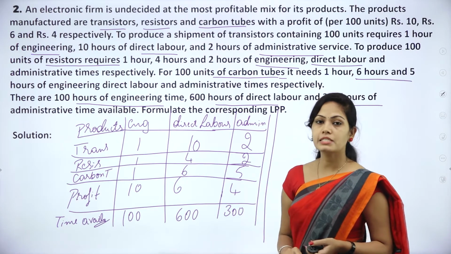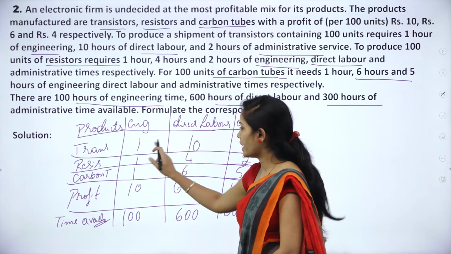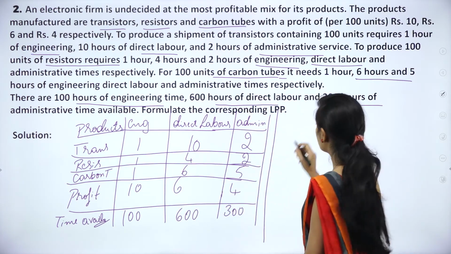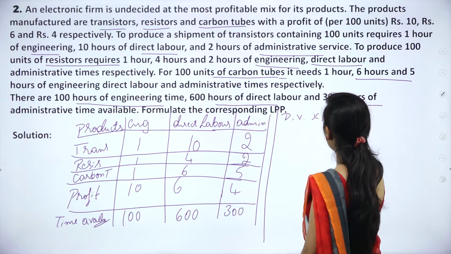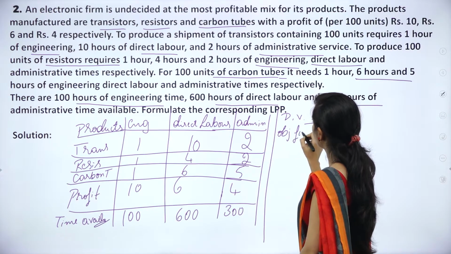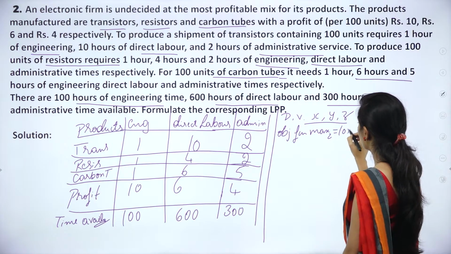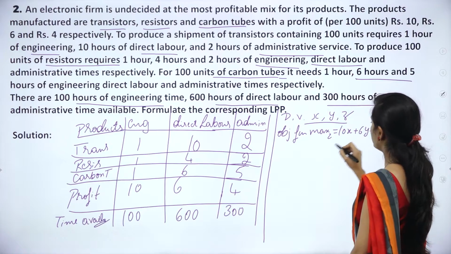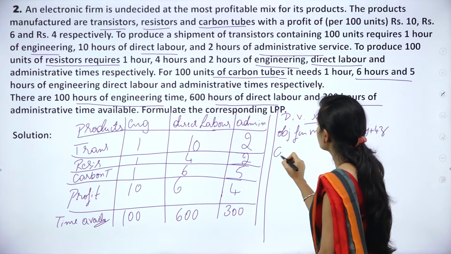So this is a maximization problem. Here I will take the decision variables as x, y and z. So first write the decision variables: x, y and z. The objective function is max z is equal to 10x plus 6y plus 4z. So this is your objective function, and the constraints are,